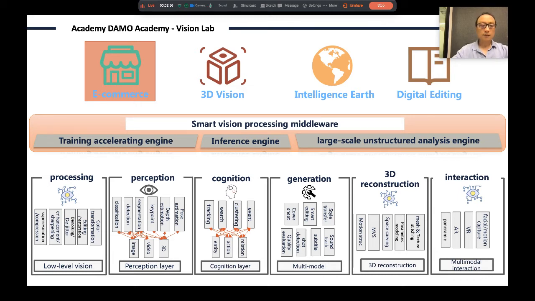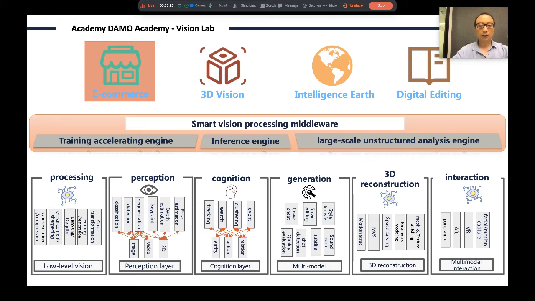And the last one is 3D reconstruction and interaction, which are the research topics for facing up to the future, because the real world is 3-dimensional. Only by realizing scalable 3D reconstruction for people, objects, and the environment can a truly meaningful digital world be realized, providing more immersive content experience and interactive experience for the end users.